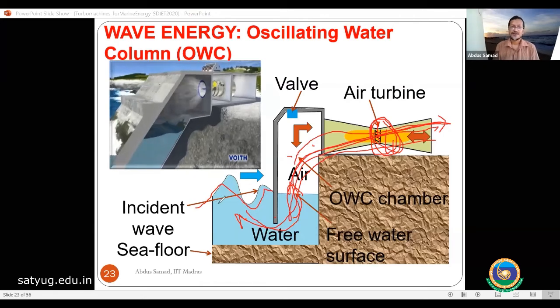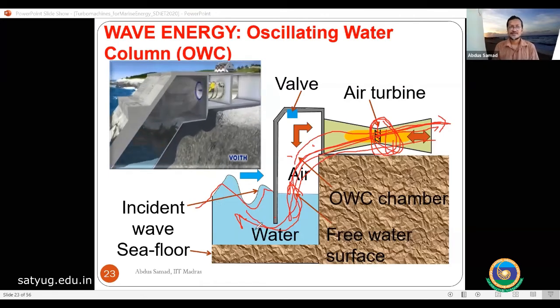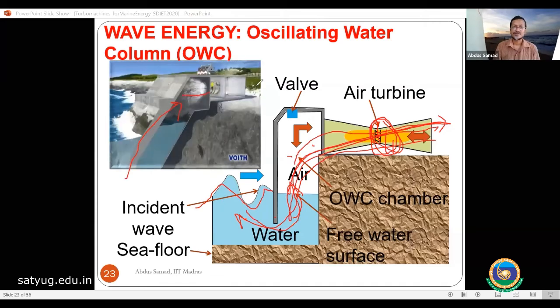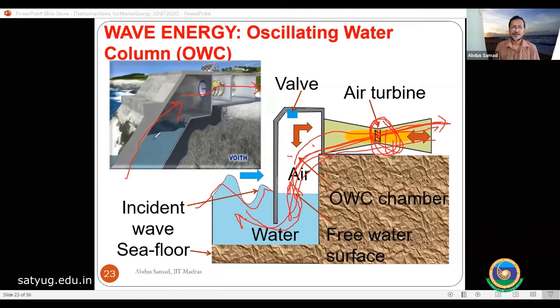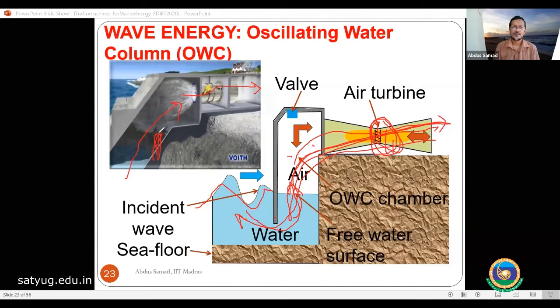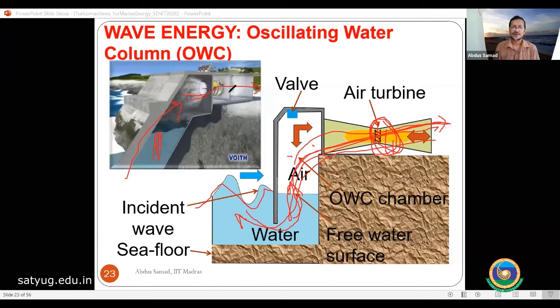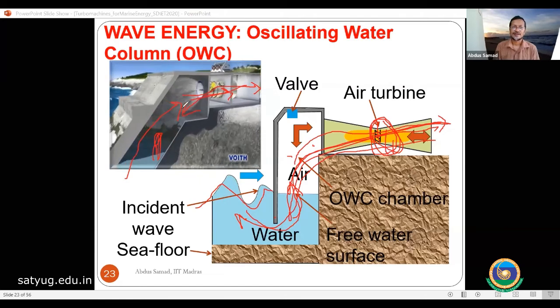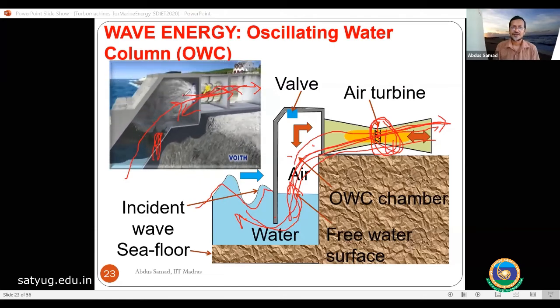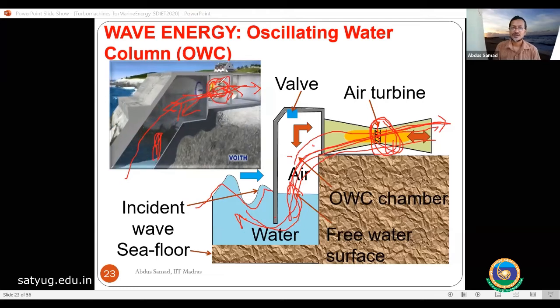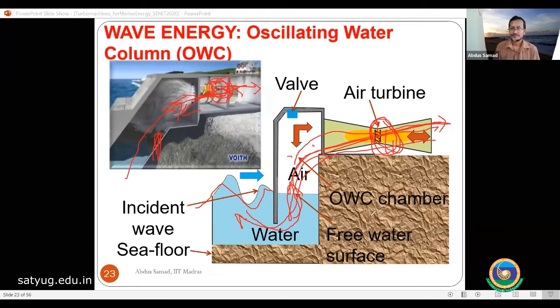Now you see the video. I'll explain the same thing in the video also. This is the path of air. Air is going out through this. The wave is coming, so the water level is moving up and down continuously. Here you see the water level going down, up. So air is going out, again water is going in. So continuously air is going in, out, in and out. So it is breathing, and the turbine is located here. So the turbine will be rotating, and you will get power.